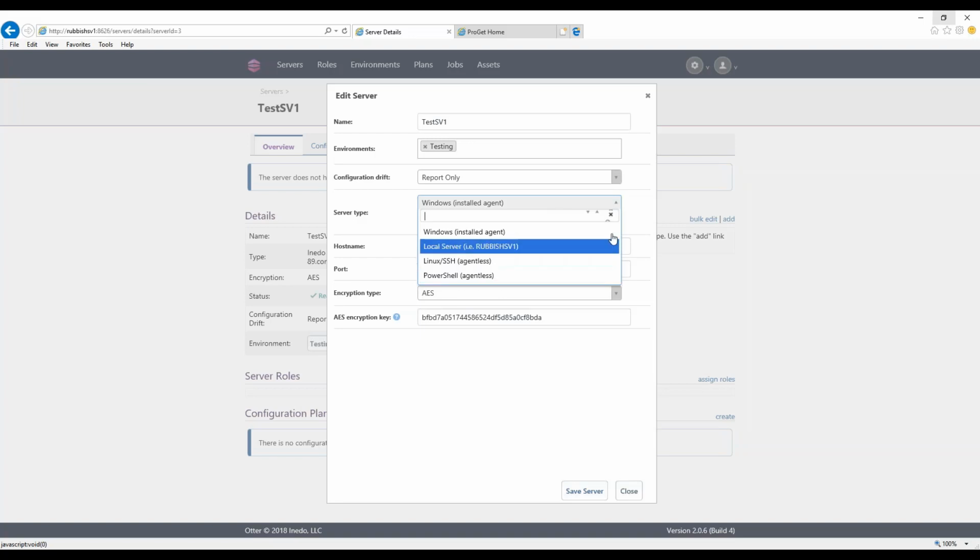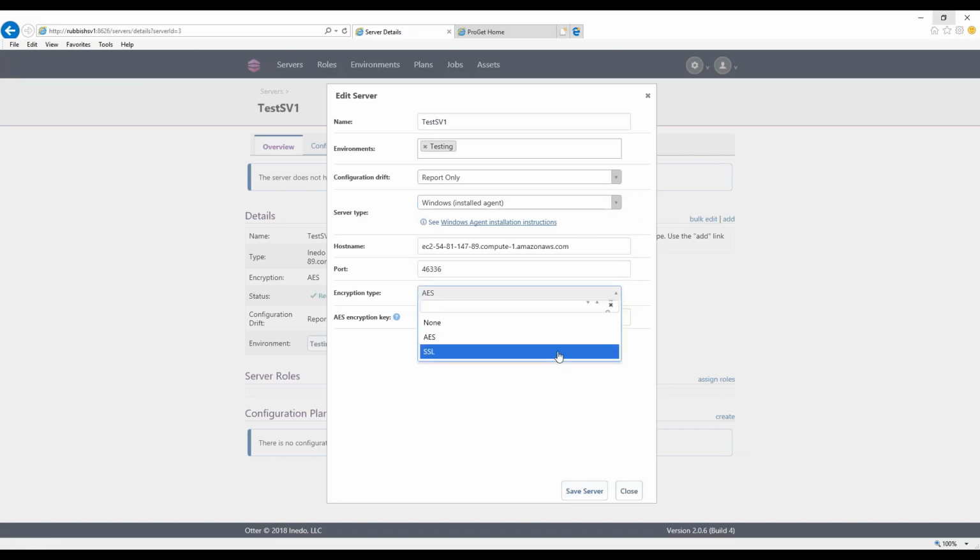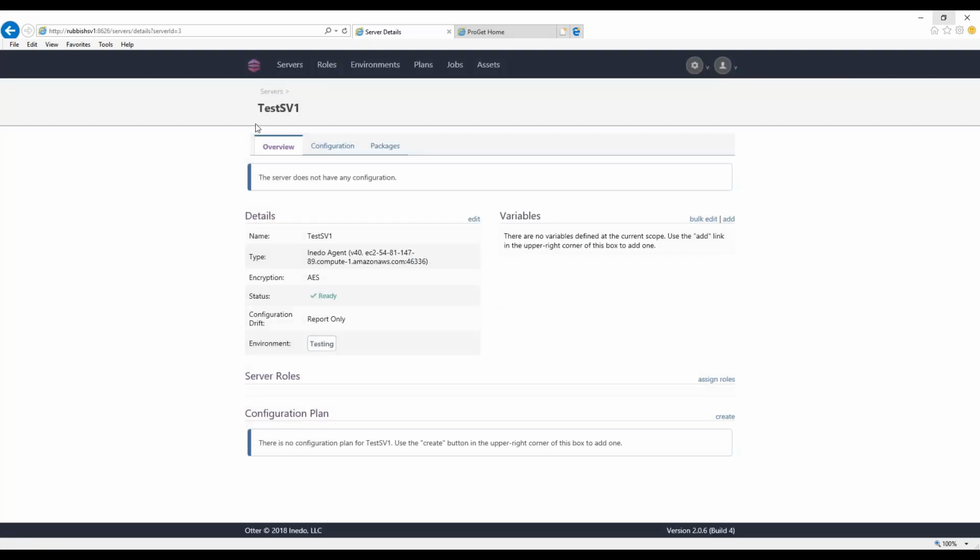They all are different communication channels and are just the way that you configure the server in Otter, but ultimately, on the deployment and configuration side, it all looks the same to the end users. We're set up using AES encryption, but you can also use SSL or none if you really want it, but that's not recommended. So these servers have, you can see, you can set up configuration, and we'll dig into that later in the demo as well.